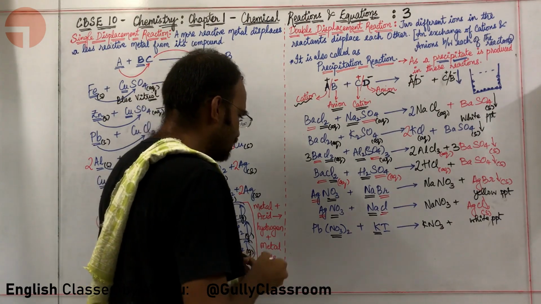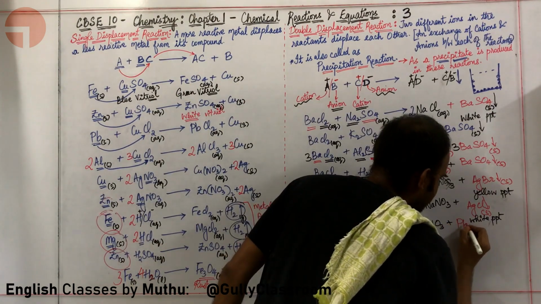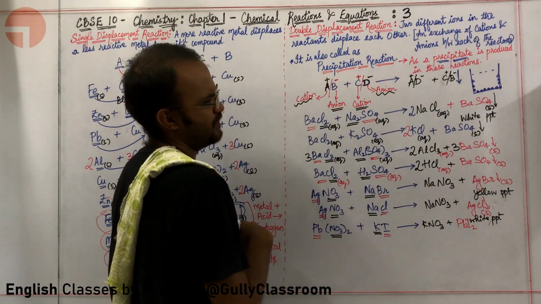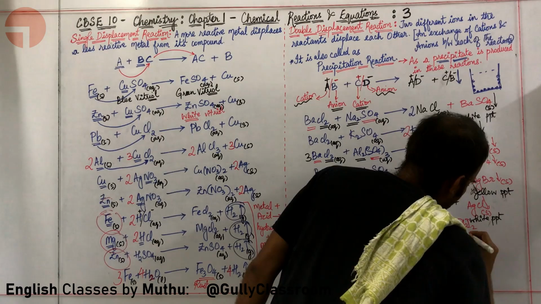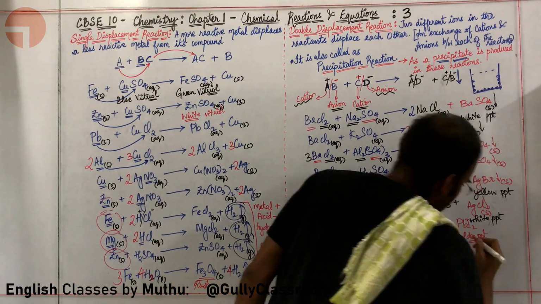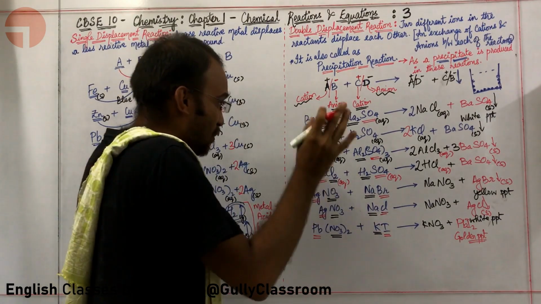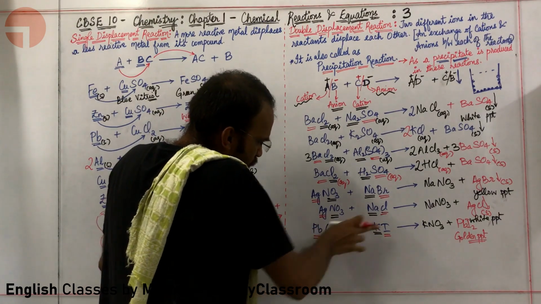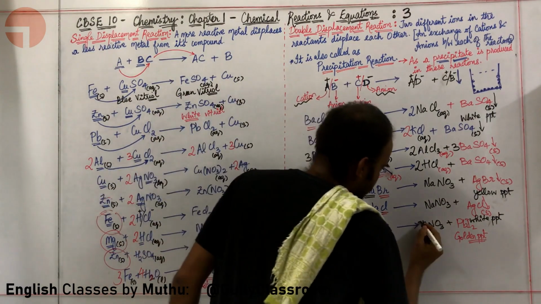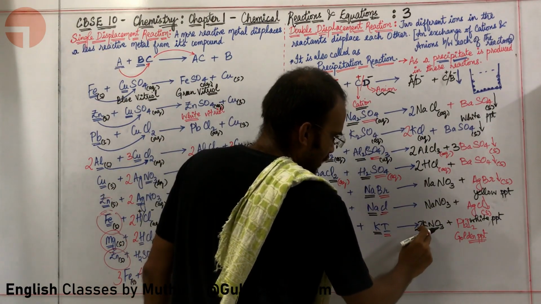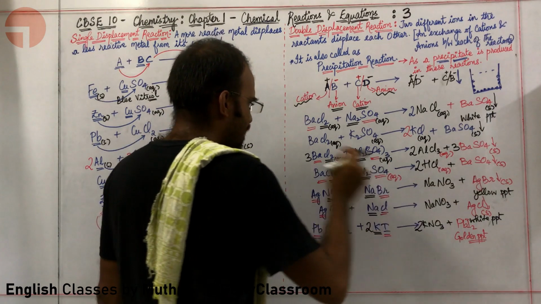Okay, sir. What about the other part? Here there is Pb, here there is I. So they will combine to form PbI2. What is the speciality of PbI2? PbI2 is golden in color. This is a golden precipitate. That's not actually gold, but the color of PbI2 is golden. So how am I supposed to balance this particular reaction? There are two NO3 here, so I am going to put a 2 over here. So here there is 2K, here there is 2I. I am going to put a 2 over here. Yes, this particular reaction is balanced.